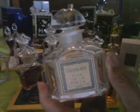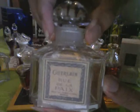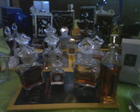Even earlier than L'air Bleu, there was actually a fragrance called Rue de la Paix, Street of Peace. This particular flacon, called the Quadrilobe, was actually designed for this fragrance, but it was soon used for the extraits of most other fragrances from this house, including Jicky, their seminal Fougère. When Jacques Guerlain passed away in 1963, Jean-Paul Guerlain, his grandson, took over as master perfumer, and he composed some